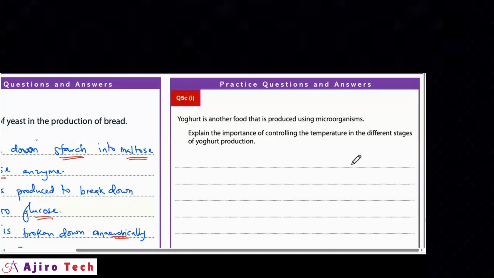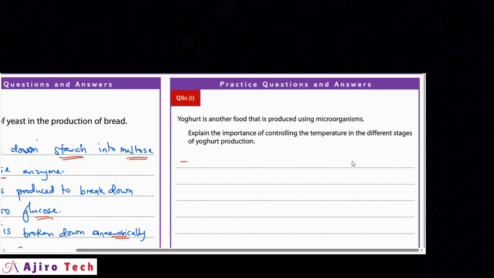So yogurt is very simple to make. It's very, very simple to make. They asked us to explain the importance of controlling the temperature at 10 stages of yogurt production. So the first stage of yogurt production is,